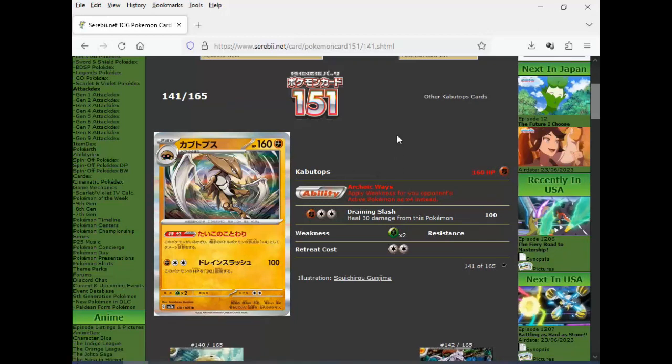Apply weakness for your opponent's active Pokemon as ×4 instead. So, haven't seen this in a while. An old Vileplume card from Black and White, I think it was in Boundaries Crossed, that had this. So this is gonna be like a stage 2 fossil. Won't be easy to get out, but a lot of Pokemon are really gonna appreciate this effect and become strong